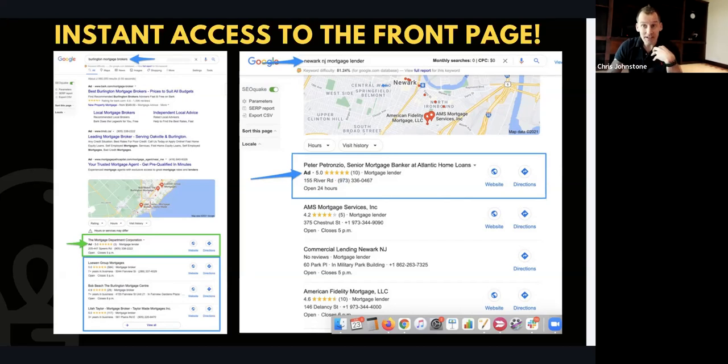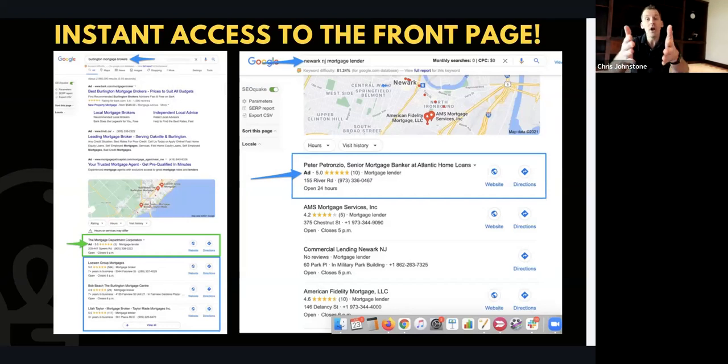But on our side of things, that means that you can get your Google business profile ranking the next day. And when you run ads, as I'm going to show you here in today's presentation, you can choose the geography of where you want your ads to show up. So you can pick the marketplaces where you want to generate direct mortgage phone calls from, only run your ads in those marketplaces, show up on the front page the next day